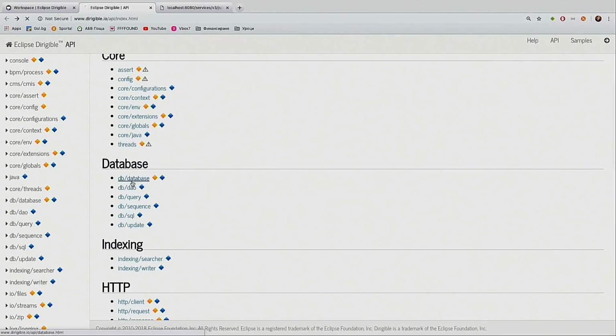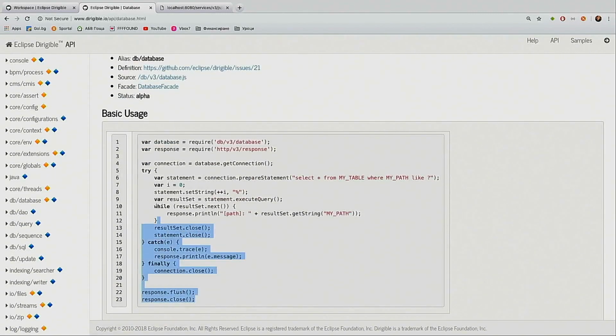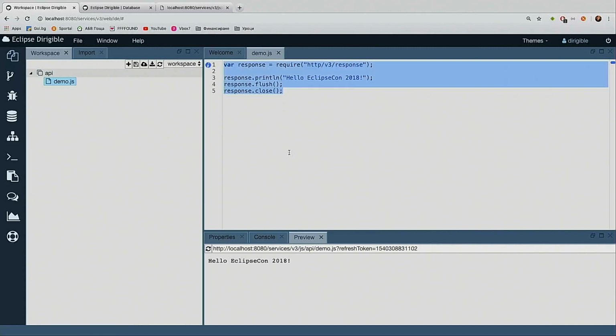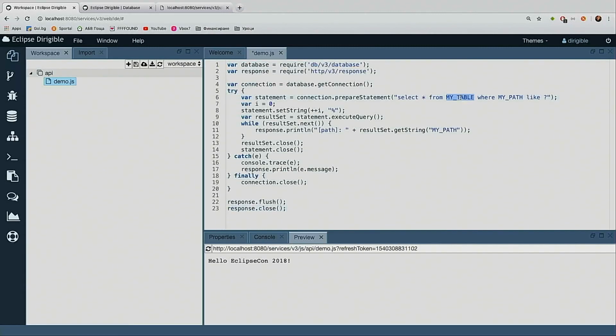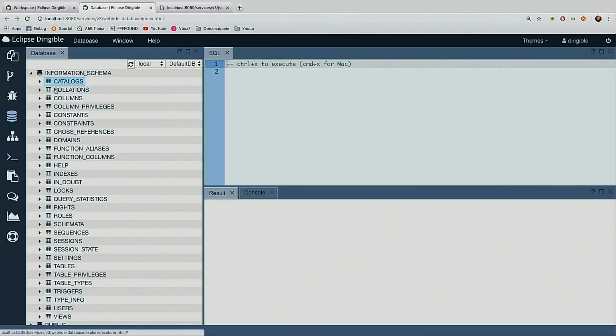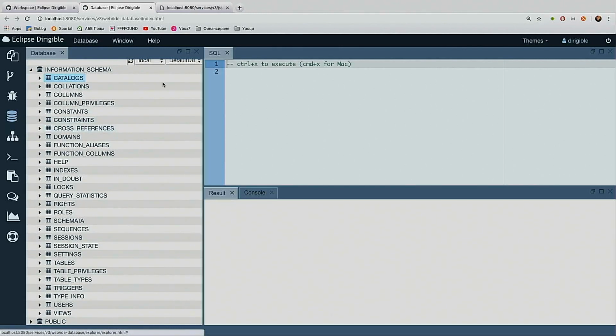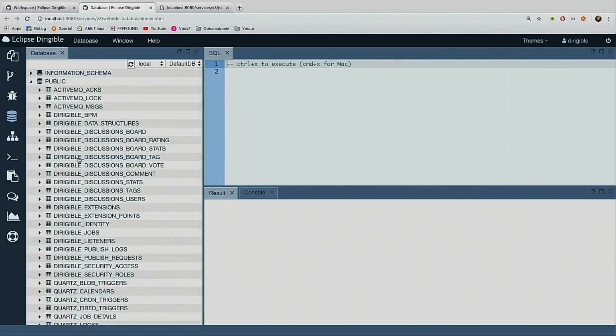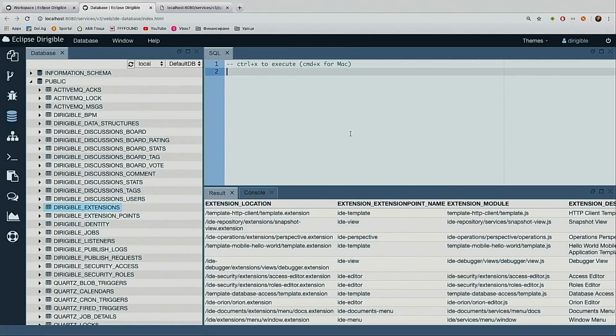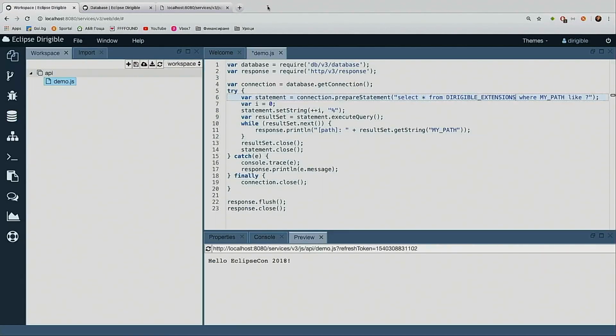Maybe what will be interesting, I can copy this example. And as I don't have such a table, I can look into the tables. By the way, there's a preview for this thing. It's a database preview. And here, in the public schema, I have, for example, Dirigible extensions. Of course I can execute here some select or update statements, but what I will do here is copy the name of the table, put it in my SQL, copy the name of the